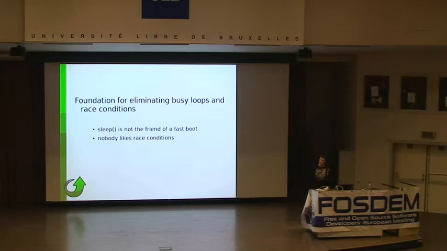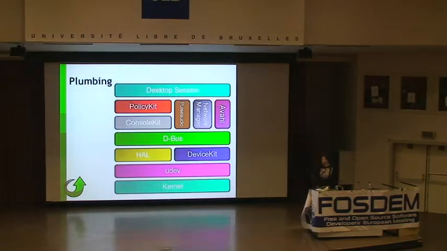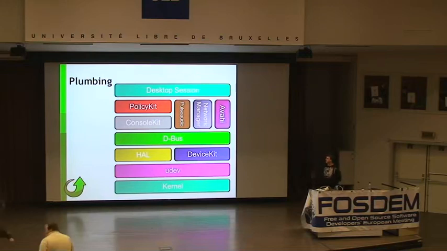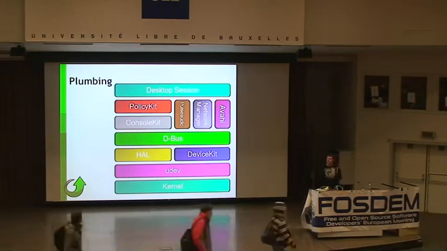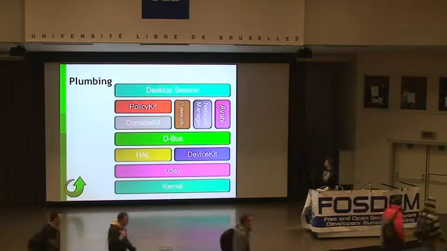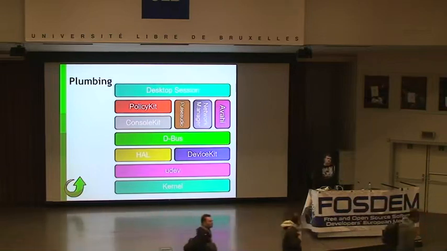And the other point about Upstart, which wasn't quite in its original design, but that's because it didn't really exist in its original design, is that Upstart is intended to be a part of what we call the plumbing layer, which is quite day-glow and colourful here. And I do apologise because I'm sure that there are areas of the plumbing layer which have been missed out of this graph. But this is the stack that I need to bring up an X server and use the desktop session right now on this laptop.